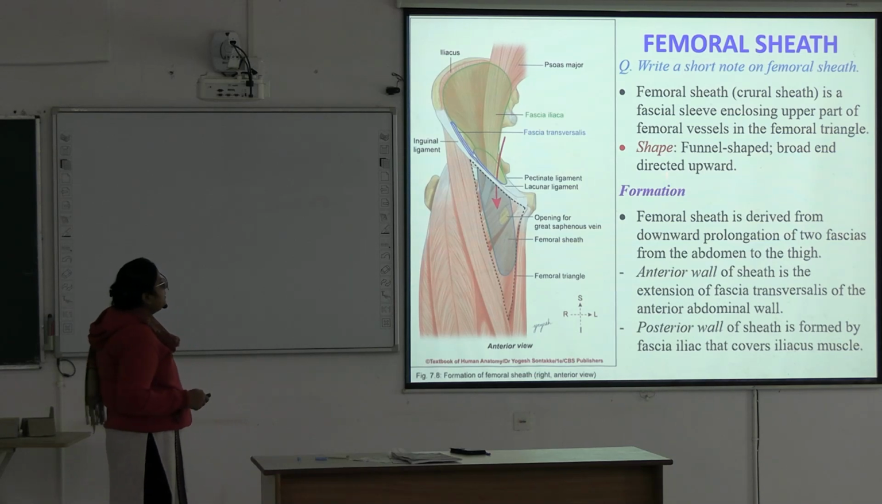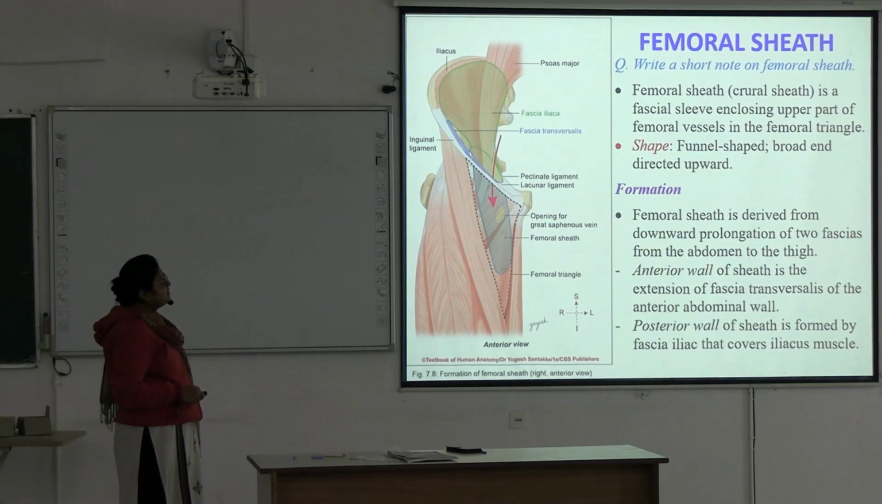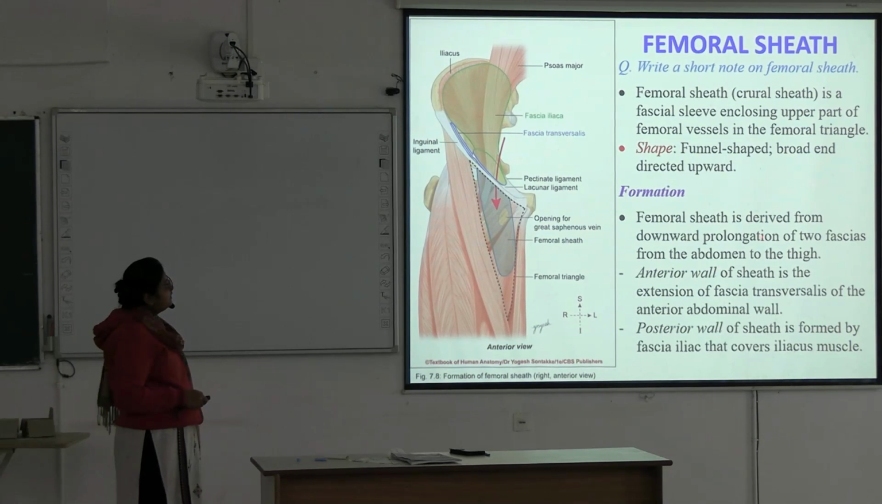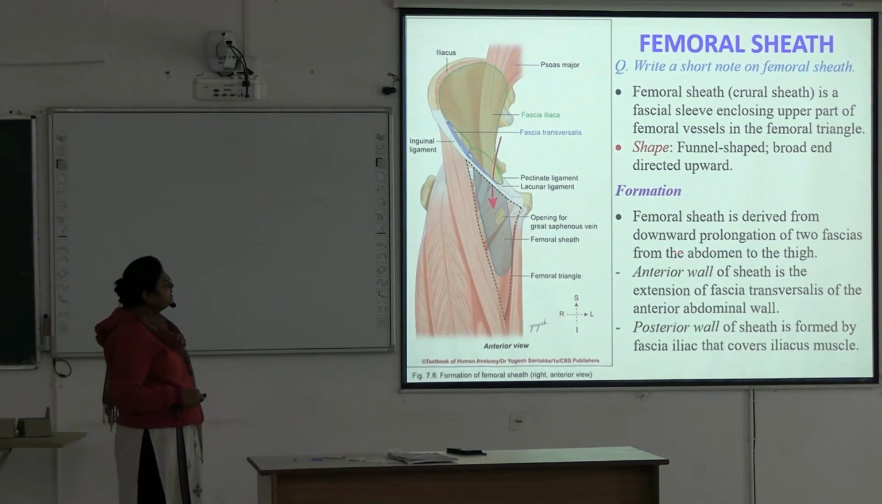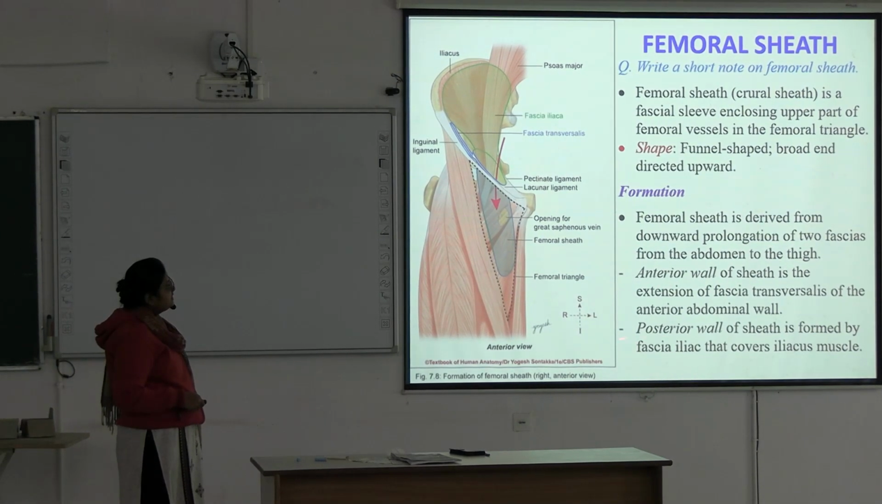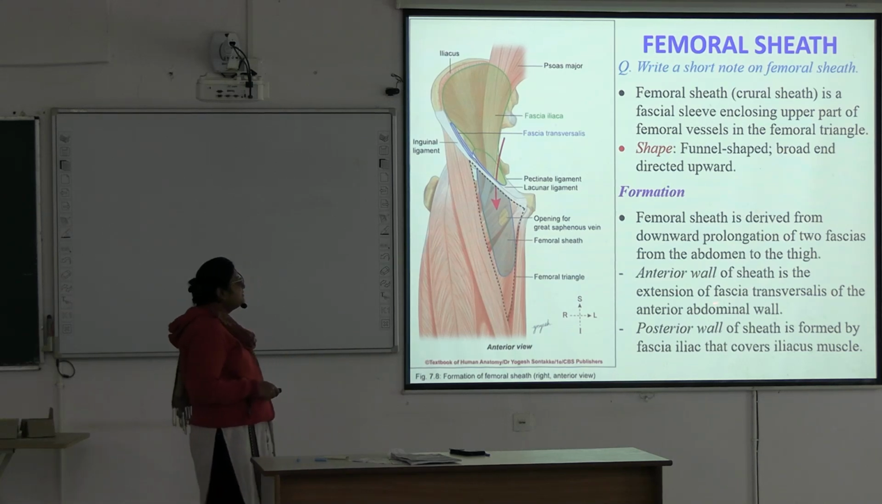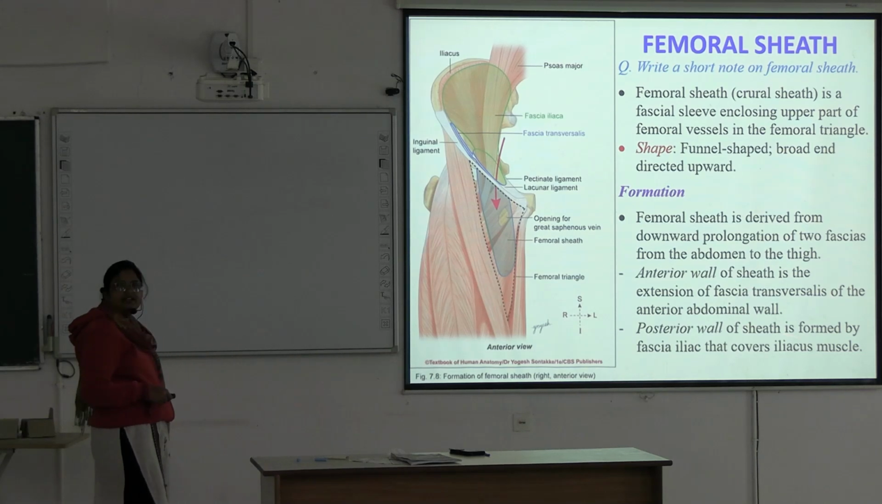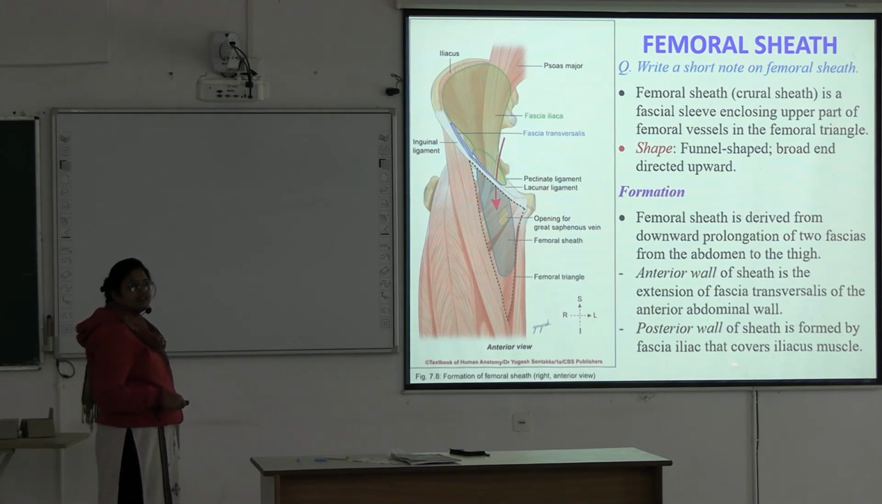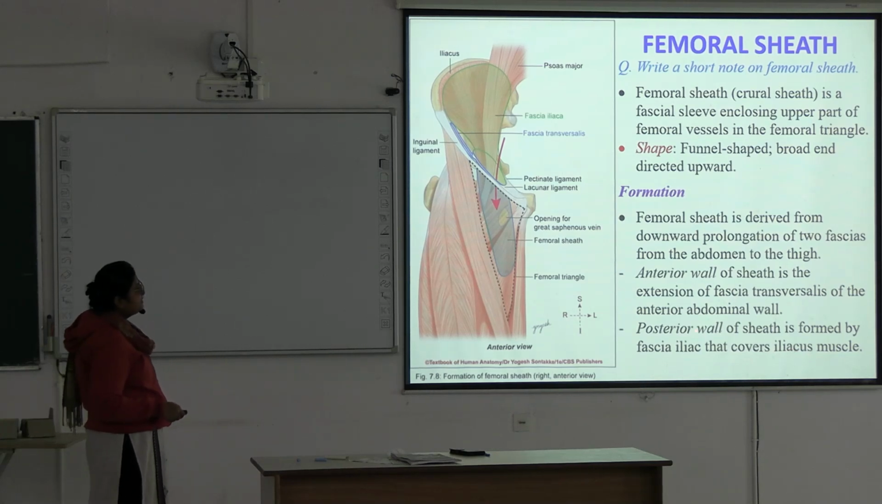Okay. How is it formed? Femoral sheath is derived from downward prolongation of two fascias from abdomen to the thigh. Two fascia are elongated downward to form the sheath. Sheath has one anterior wall and one posterior wall. Anterior wall of sheath is the extension of the fascia transversalis of the anterior abdominal wall, and posterior wall of sheath is formed by the fascia iliaca that covers the iliacus muscle. Okay, so that's how the femoral sheath is formed. Next,